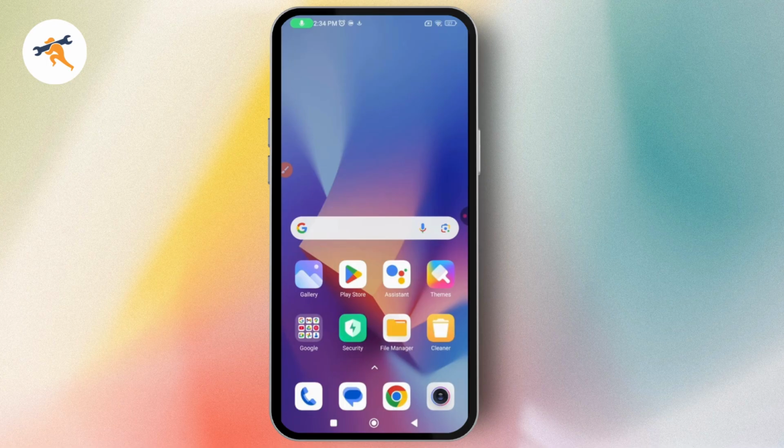So what you need to do is, this is because there is something which is interfering with the proximity sensor of your device. So the first thing that you have to check is if you have used a screen guard. Then remove the screen guard or the screen protector, because sometimes some screen protectors might cause issue with the proximity